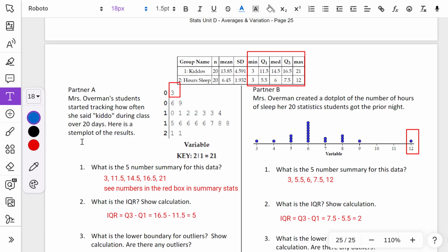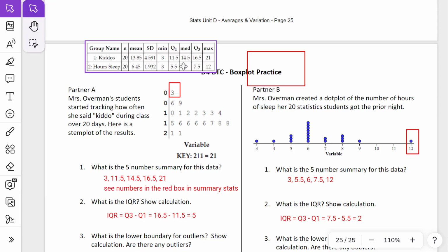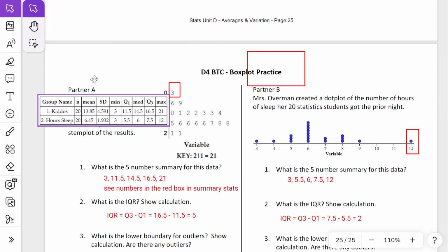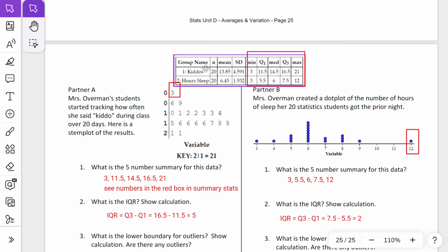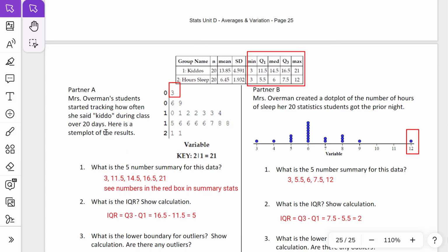Okay, so now I'm looking at the D4 activity. You can't see it here. I'll show you. It's back here. D4 BTC Boxplot Practice. All right, let me put this back. It's making me dizzy. All right, so we are looking at how to do box plots, just doing some quick